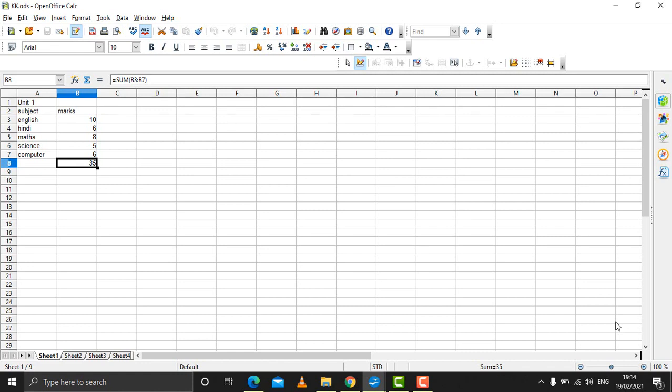See, when we open OpenOffice Calc, by default we get three worksheets: sheet 1, sheet 2 and sheet 3. See, this is sheet 1, sheet 2 and sheet 3. I have more sheets because I have inserted some. As I said, by default, as we start a new workbook of OpenOffice Calc, we will be getting three worksheets as initial worksheets to work on.